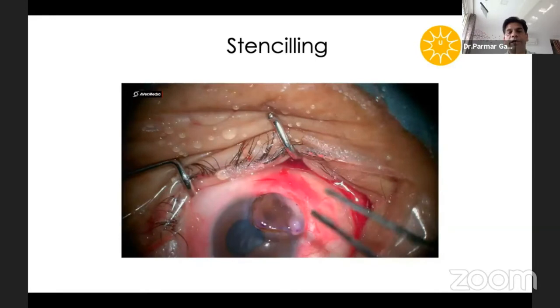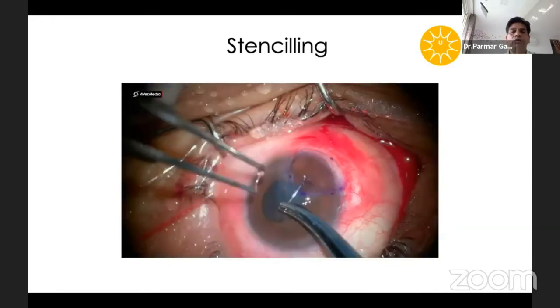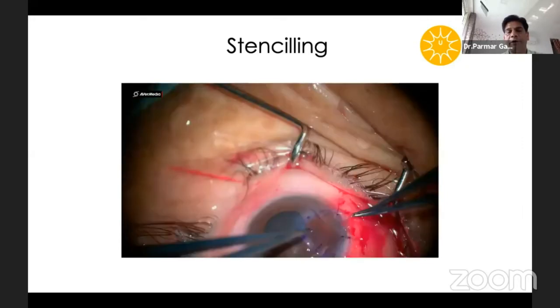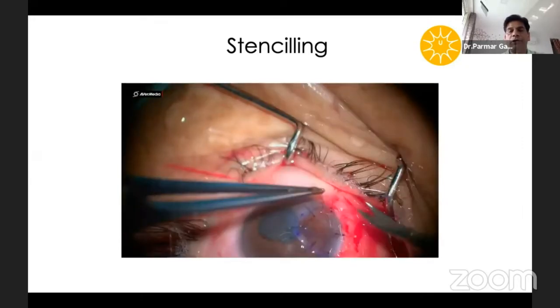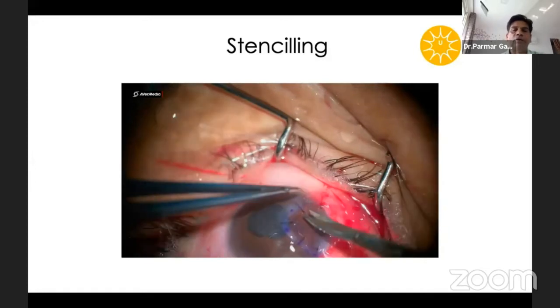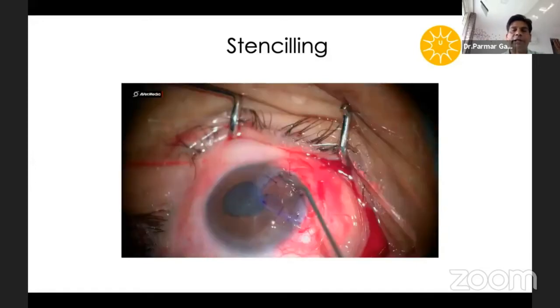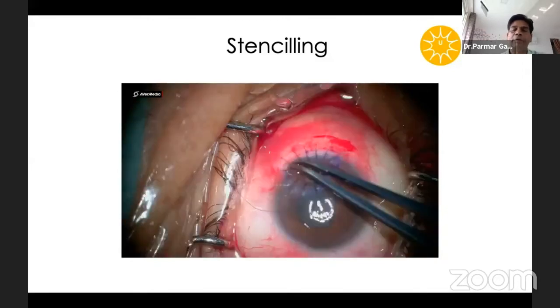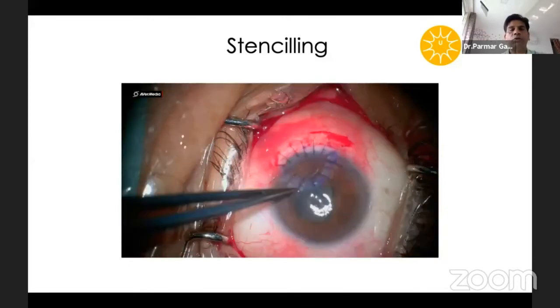Okay, so you can place the donor button here and suture it in the usual manner, interrupted 10-0 nylon suture. AC should be formed simultaneously, and synechiolysis has to be done anterior and posterior both. So this is the post-op picture of the same patient.